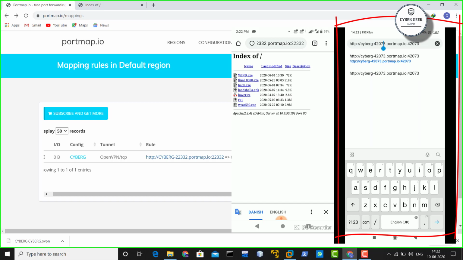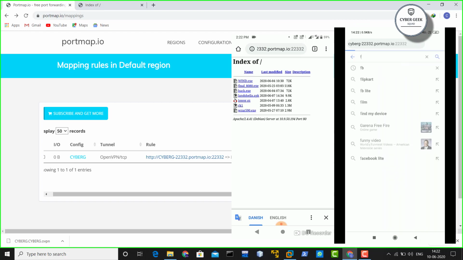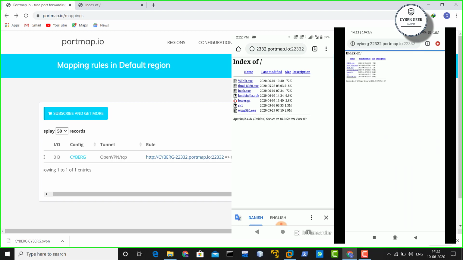So you have to close it and type 22332, and at the end type the same thing again, 22. And let's wait and see whether it's going to open or not. And yes, there we go. We have successfully opened the server of our own through a different network.